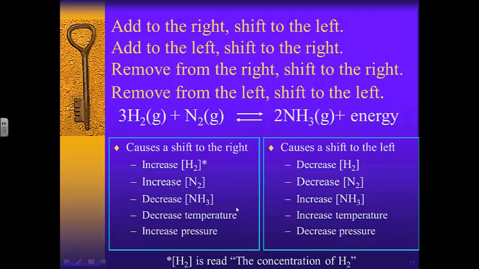And if I increase the pressure, remember it shifts to the side with the least number of moles. 3H2 plus 1N2 is 4 moles on the left versus 2 on the right, so an increase in pressure will indeed shift the reaction to the right. If I wanted to cause a shift to the left, I could decrease the concentration of either H2 or N2, and it would go toward the decrease. I could increase the concentration of NH3, and it will go left to use it up. I can increase the temperature, it will shift left. And when I decrease the pressure, it shifts to the side with the most number of moles,